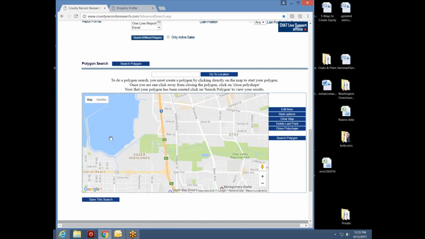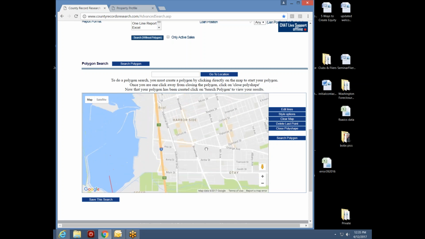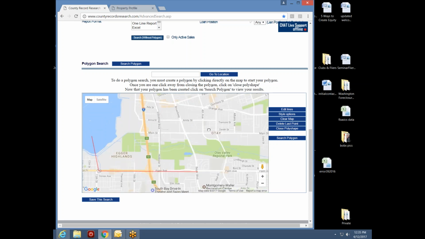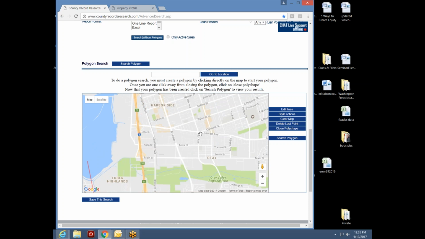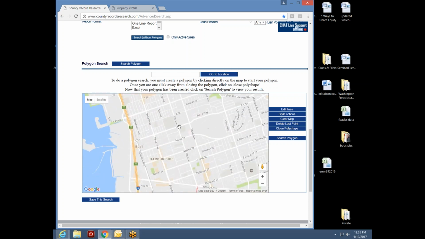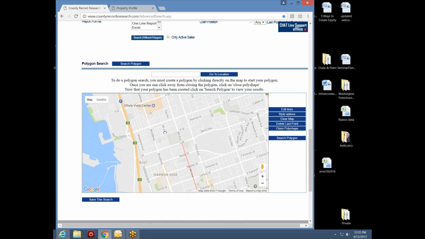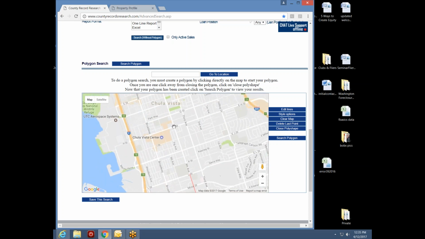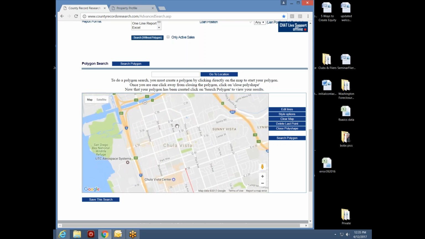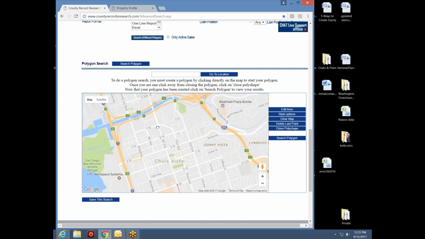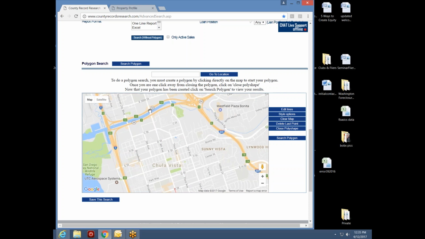So let's start here out in the ocean and take it down to this Palm. Follow Palm to Bear, and then Bear becomes Broadway, but from Bear I'm going to go up to Orange and 4th, and follow 4th to L Street, and keep following 4th all the way to the 54.